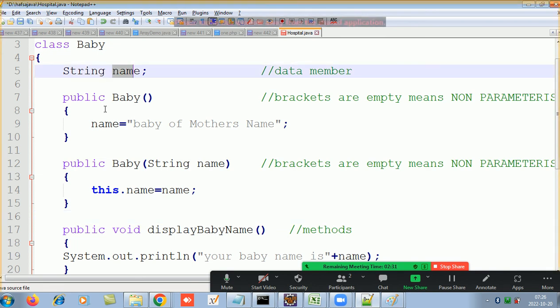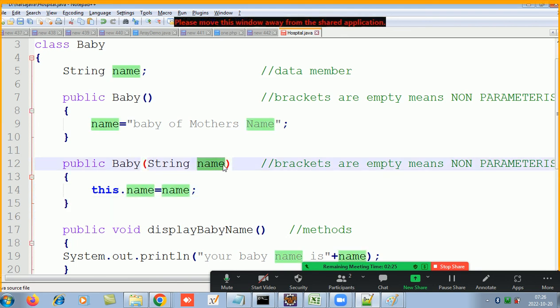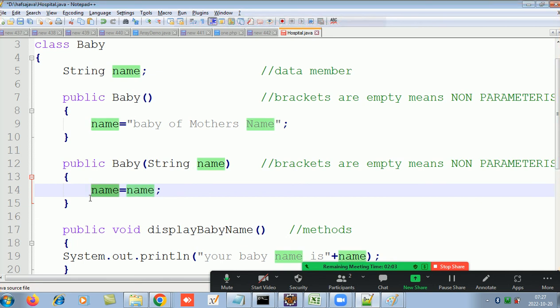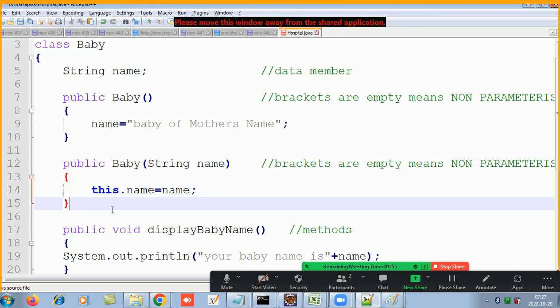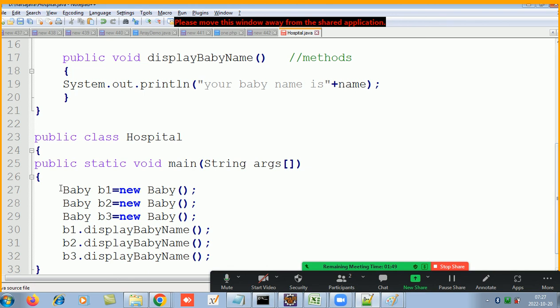See over here, this. So for the class we write this, and this name over here is for the constructor. On the RHS is the constructor variable, on the LHS is the class variable. So how do you differentiate between the class and the constructor name? We'll put this before the class name that's on the left. Yeah, that's this. Okay. Now when you create the object, so B1 was created, the parents didn't think of any name,